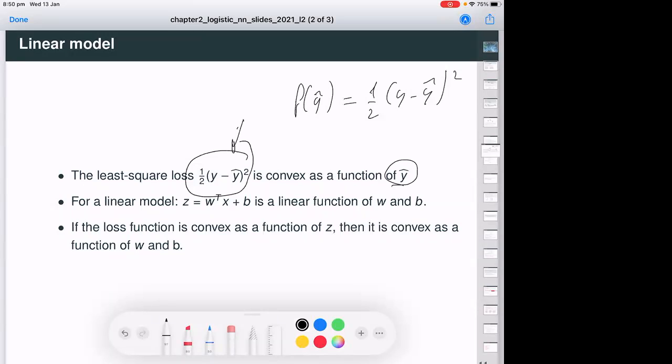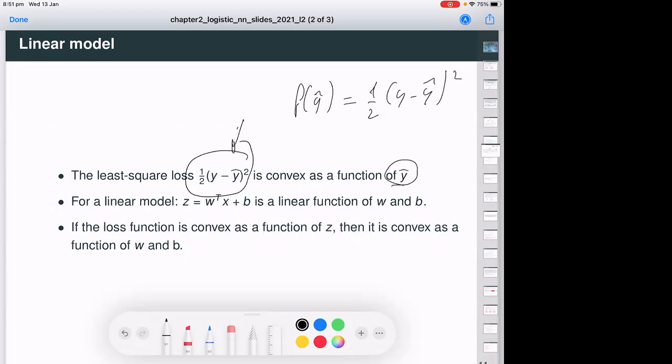So this function is not convex as a function of y, right? Why do you say this? Because you say it's convex as a function of y hat, but not y. Ah, yes, it's also convex as a function of y. Okay, yes, it is also convex as a function of y, but my point was I wanted to see if it's convex